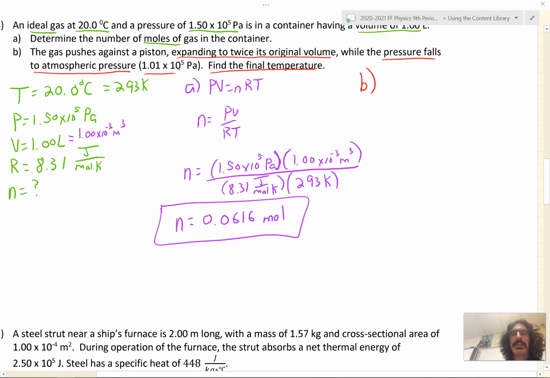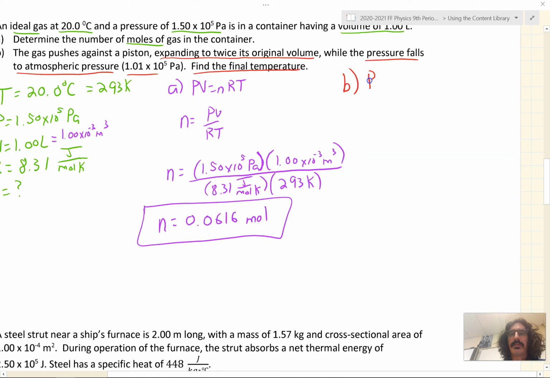Let's start with PV equals nRT again, and let's solve for the temperature. T equals PV over nR. T equals, the new pressure is 1.01 times 10 to the 5th pascals, times the volume doubled, so we'll put